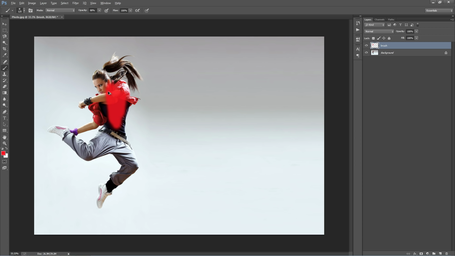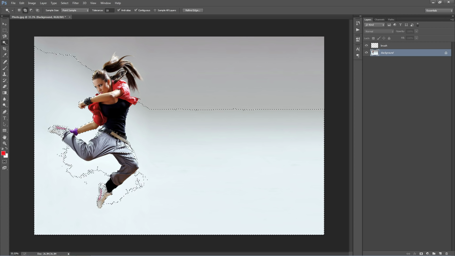Or what I actually recommend doing, rather than defining little areas like this, is to trace around your entire subject, and I'll explain after the action's finished why it's a good idea to do that. So I'm just going to select my background here to make a selection. I'm going to grab the wand tool, and I'm just going to select around my photo here,